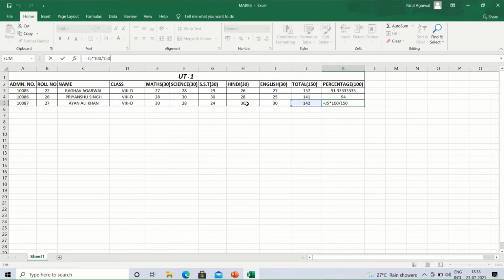So this way we have seen these three students' marks, total and percentage. If we want to display the marks, total and percentage the same way, we can calculate the total and percentage ourselves in these rows also. Hope all of you have understood how to calculate the total and percentage in Microsoft Excel.